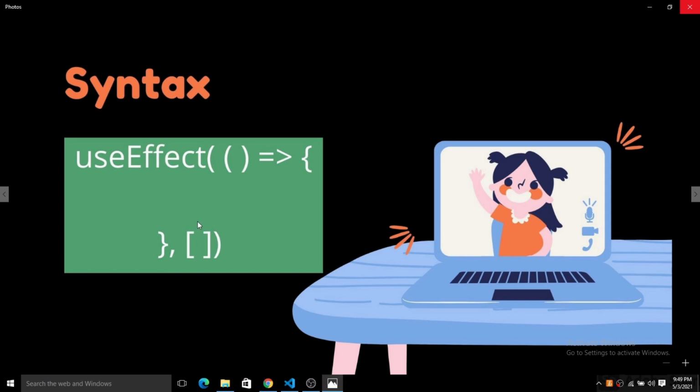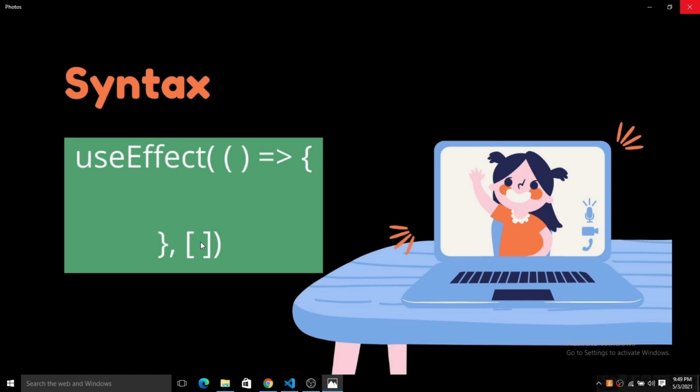It means that when there is any change in the state, then this useEffect will be called one more time. Let me make it clear.